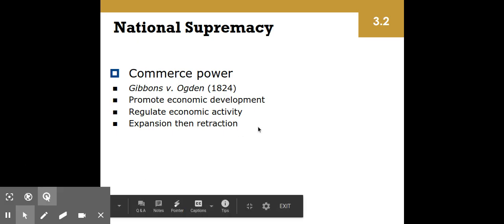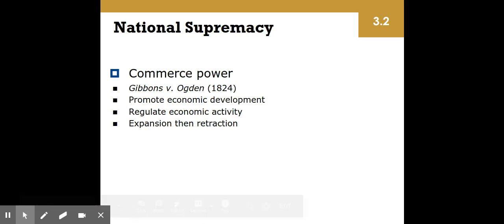And then, of course, over the years, the federal government has obviously increased its responsibilities and increased its power. But there are those that argue for the federal system to work properly, more of that has to be shared with the states. And so there are some issues maybe where the federal government at one time had more control over, but they have ceded some of that back over to the states, especially when it comes to issues, for instance, like welfare.